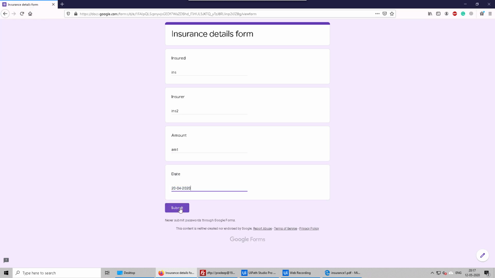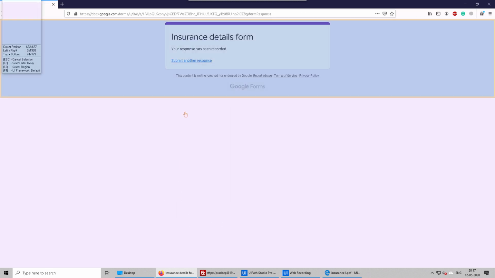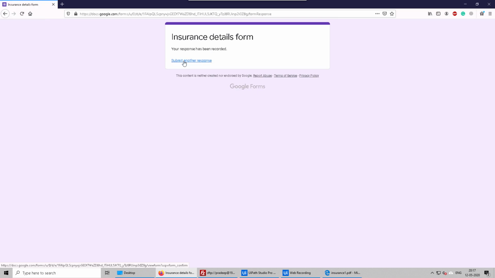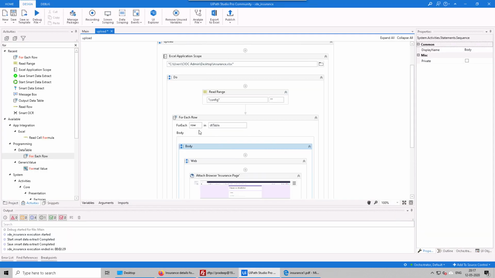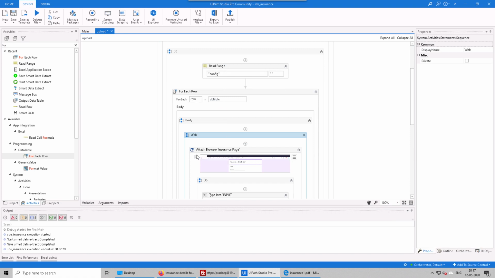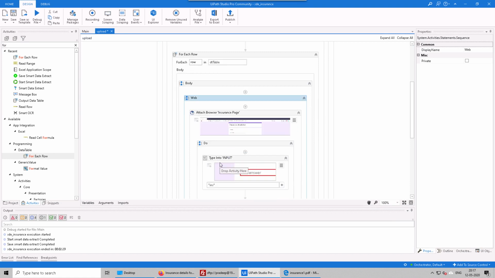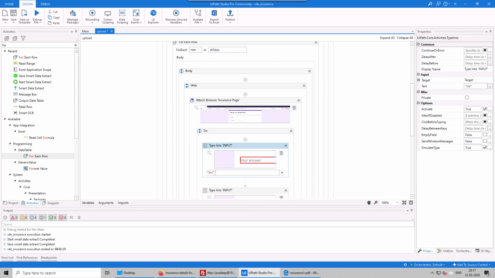Okay, and then we will be clicking on submit, and then we will be clicking on submit another response. And now we can stop the recording and click on save and exit. So this has come here, and now we will replace these with the data.